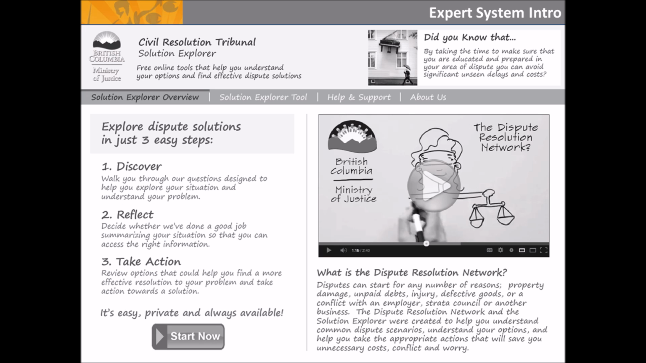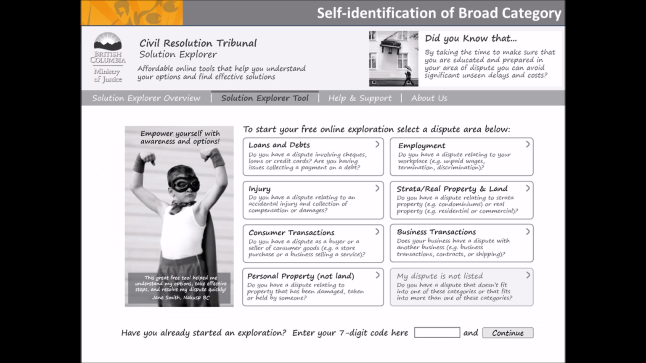So let's look at the first phase of the dispute resolution process. This is something that we call the Solution Explorer. It's an internet-based system that will help the user with some of those problem diagnosis and self-help functions. This screen would just provide an overview of what to expect for the user as they begin to use the system. Once they've had that introduction, they can move into a self-diagnosis or self-identification of the general problem or dispute